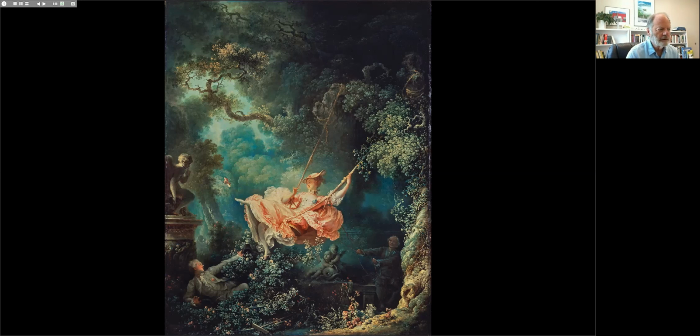All right, what's going on here is that we've got a trio of figures. The male figure on the right-hand side is holding onto ropes attached to the swing. So what he'll do is pull the swing back and then let it swing freely forward. Normally, when we assist somebody on a swing, we push them forward and they swing freely back. So this works just the opposite way.